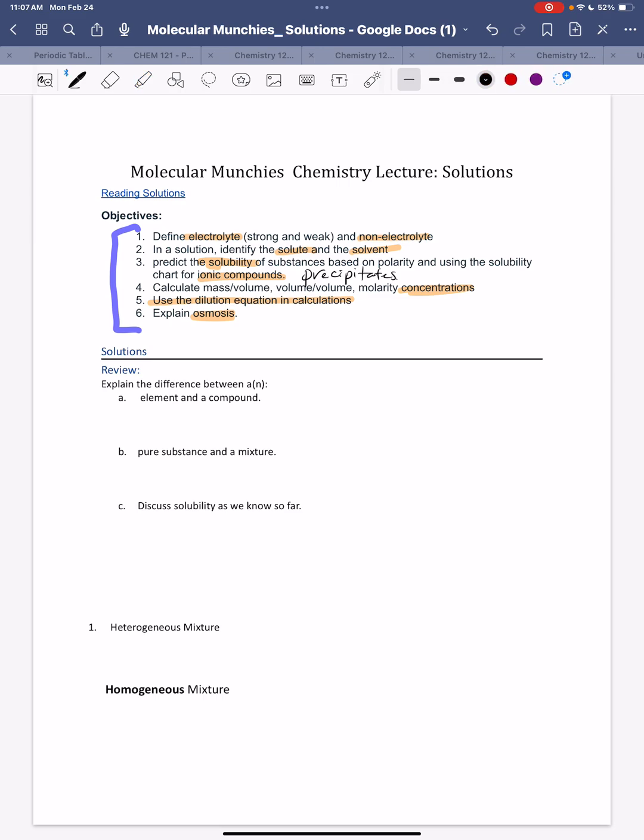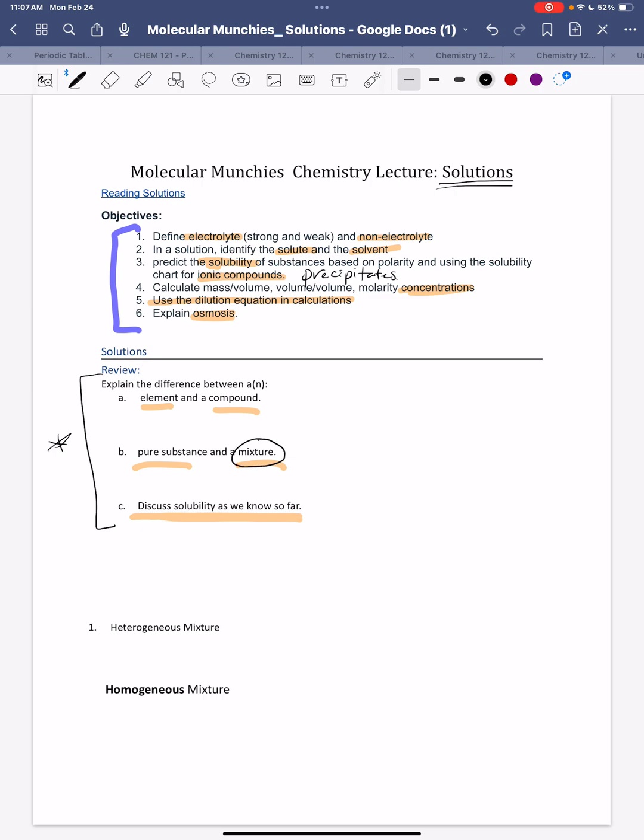A tiny bit of review for you to work on. I think that's really nice for you guys to sort of think through those things. Element versus compound, pure substance versus a mixture, and solubility as we know it so far. So those are good things to start off with, and I'll give you guys time to fill that in. When we talk about solutions, we've used this word mixture before, and so